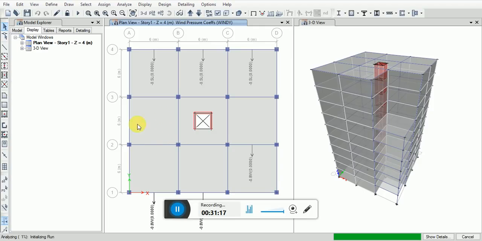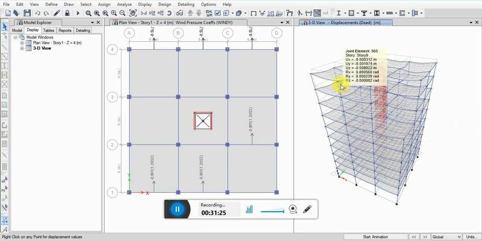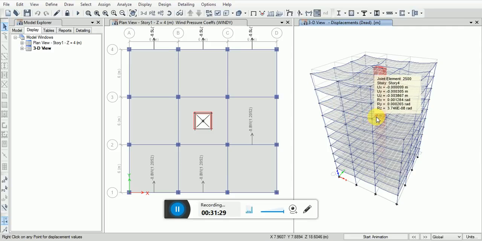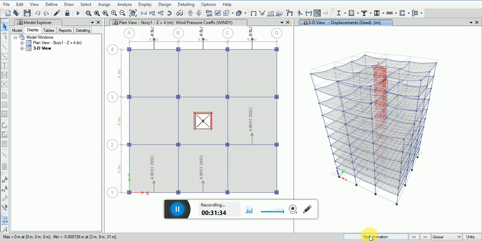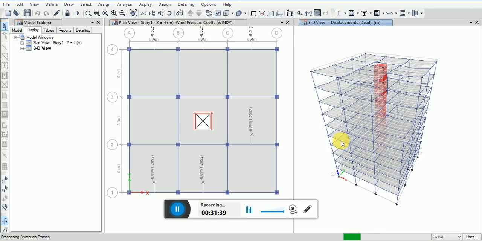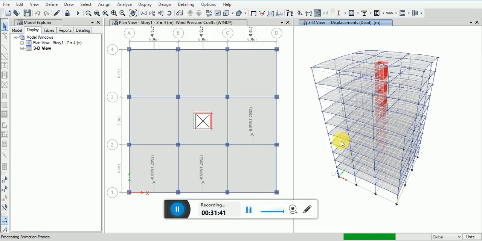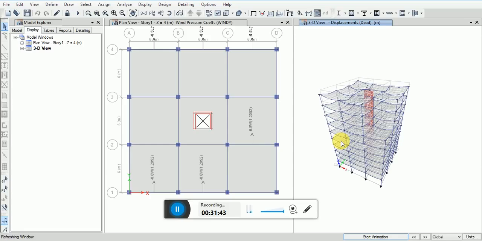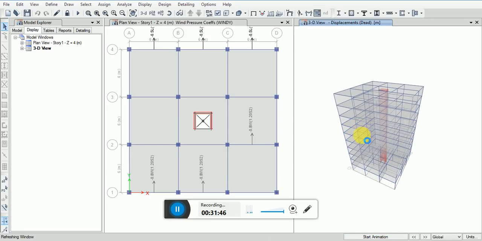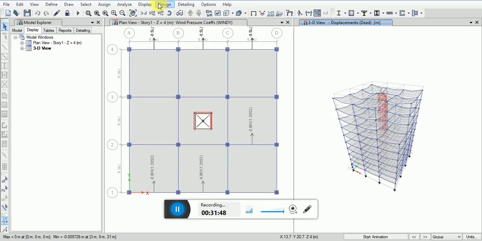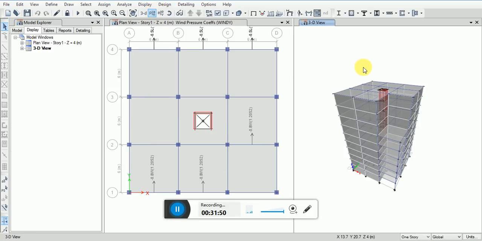Then initializing, you can see the deformed shape of the building. Anywhere you take the cursor, you reach the restraint in the joint element. If you start the animation, now if you go to the display, show undeformed shape,